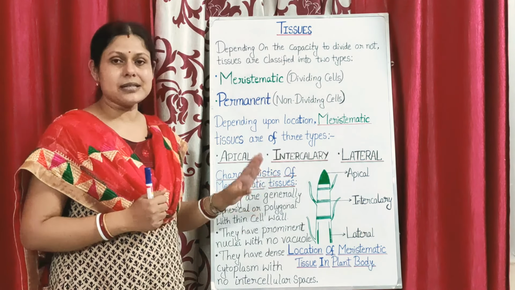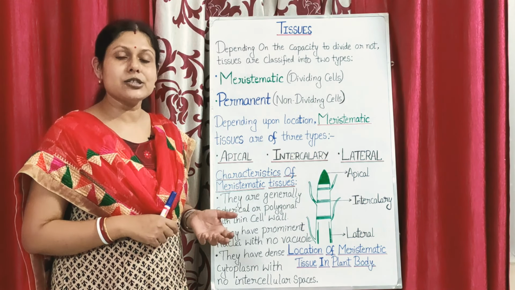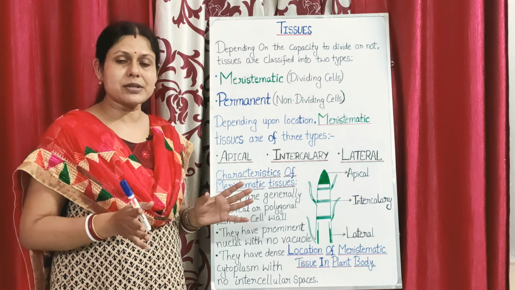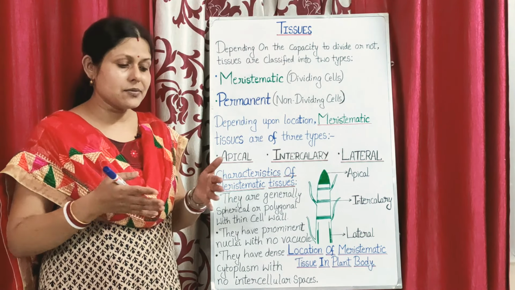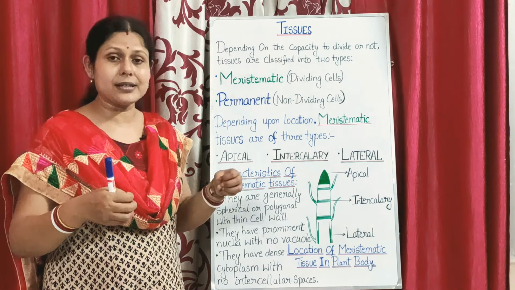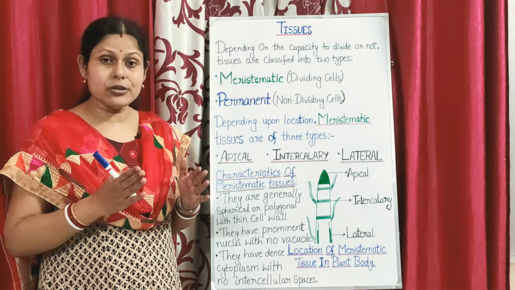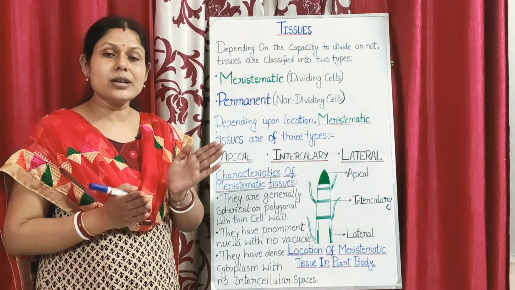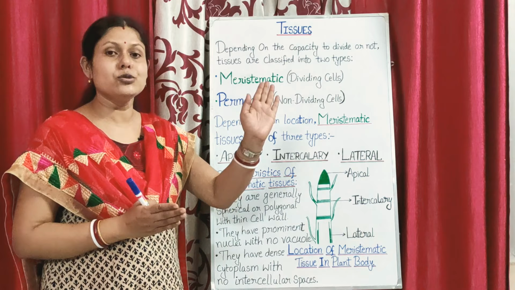Number one, the shape. Let us understand the shape of the meristematic tissues. The meristematic tissues are generally spherical, oval, round, or they can be polygonal. So see, the shapes are different according to the place where they are found. If they are found in the internal part of the stem where they are forming the packing tissues, in that case they will be round or spherical. The growing regions will be angular, because they are dividing in an angular plane. That means sideways, the shape will be polygonal, so that there can be a new bud formation.